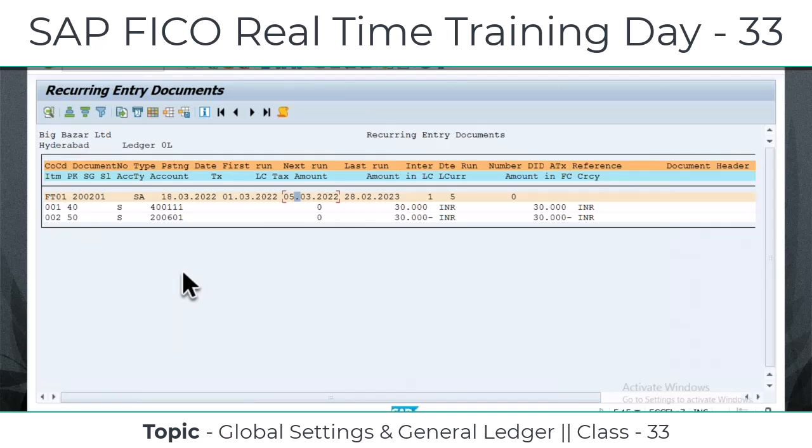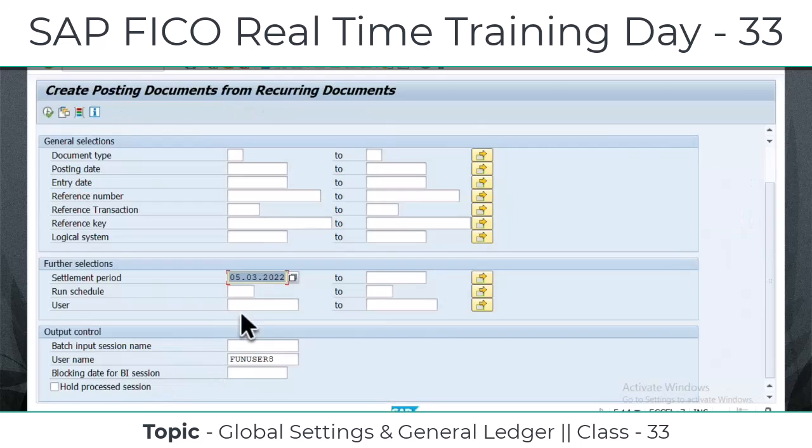But in this case, if you enter here 5th, whatever documents are supposed to be posted on the 5th, only those documents will be posted. Then what about the other documents? They will not be posted. That's why I would always suggest you